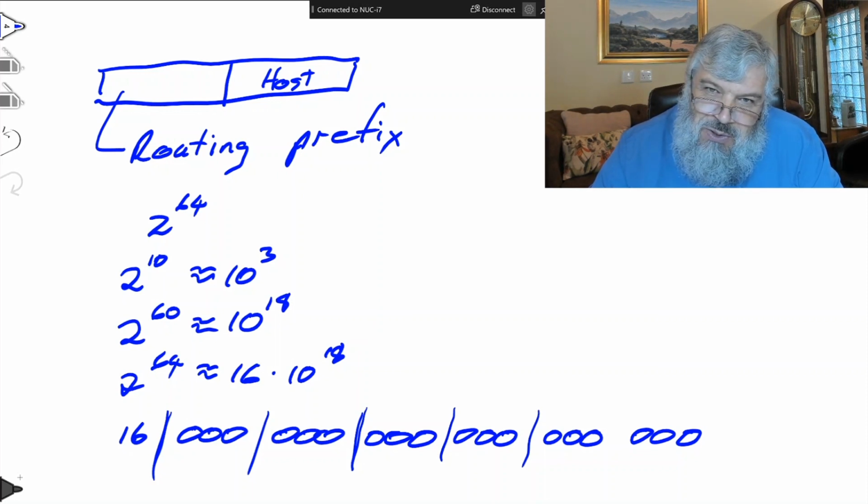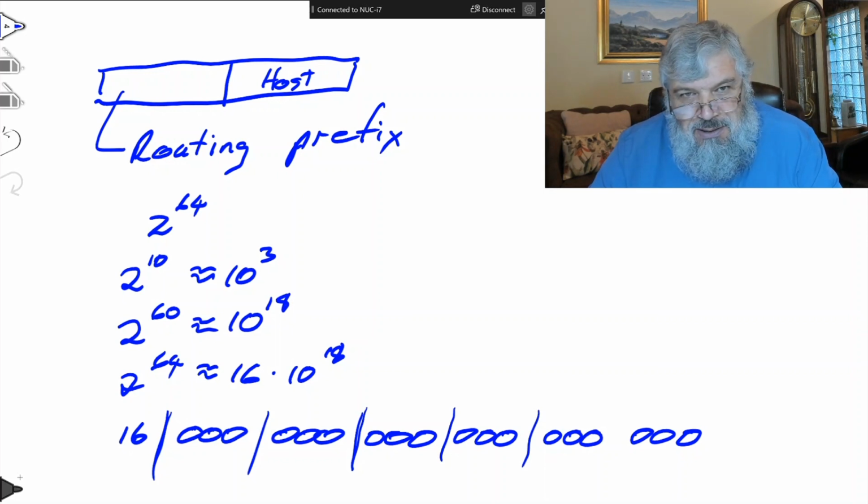By the same token, we have more or less 16 quintillion, or in South African British English, 16 trillion possible routing prefixes. That is a lot of prefixes that can be handed out to companies, and whenever a company gets such a prefix, it can address a lot of machines.